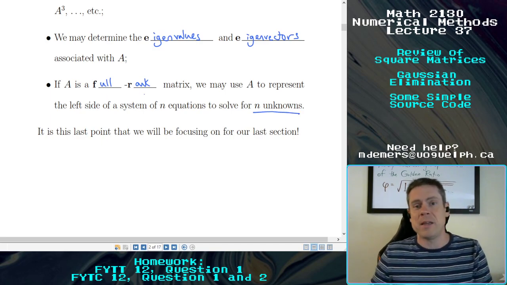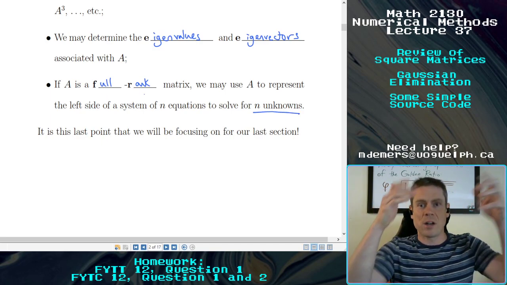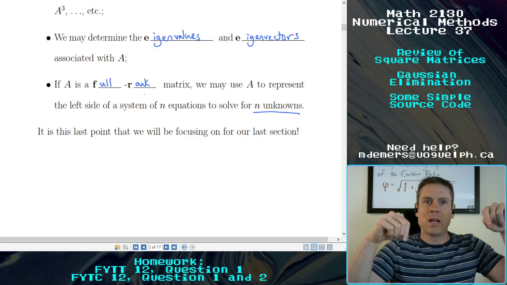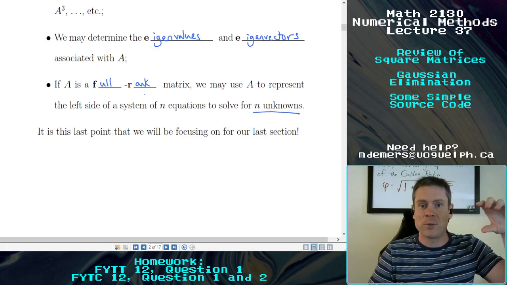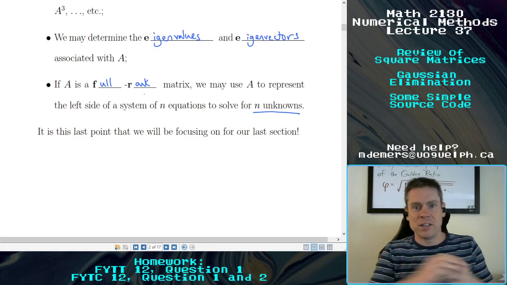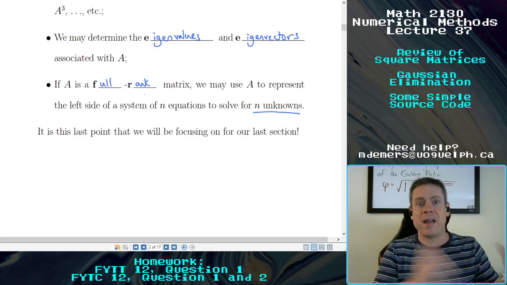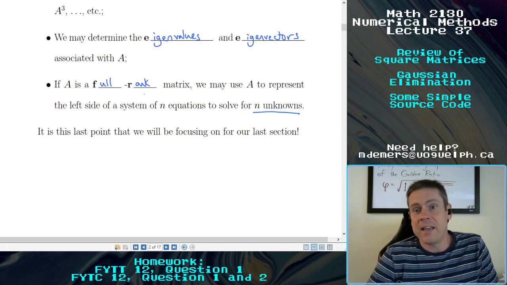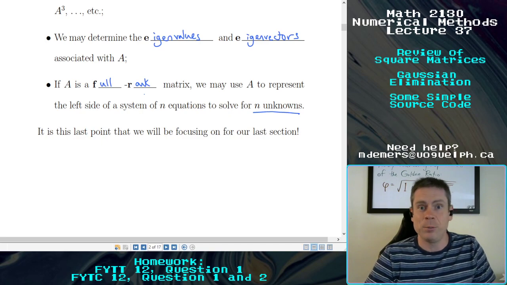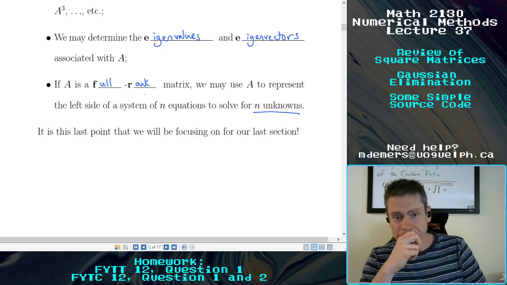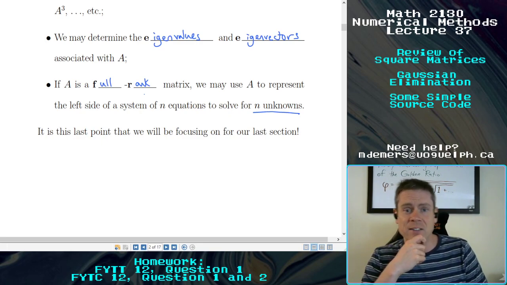Full rank simply means that none of the columns, none of the rows are linear combinations of any of the others, right? So that means that an n-dimensional space is spanned by the column vectors, is I think the official definition of that. In any case, a matrix like that is one that could conceivably lead to a system of equations having a unique solution. And it's that last point that we're going to be focusing on for this last section, which is actually solving